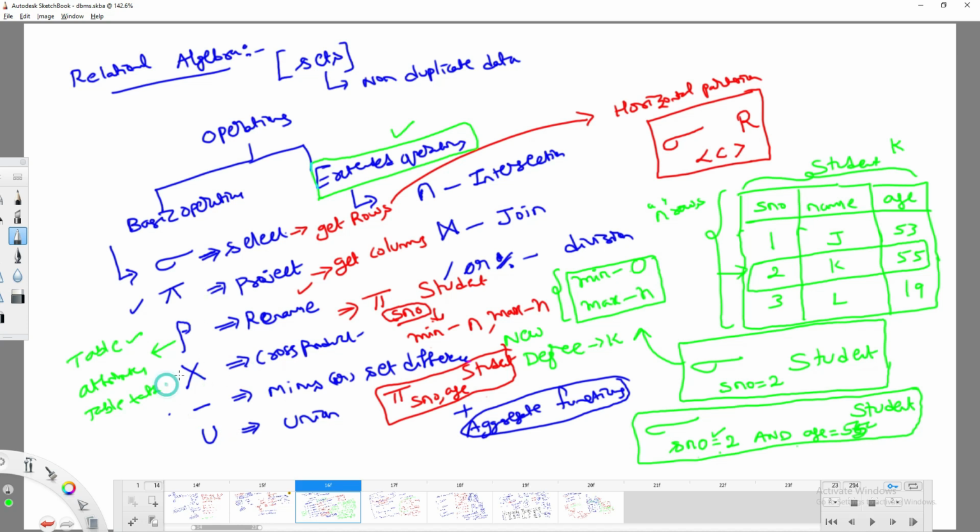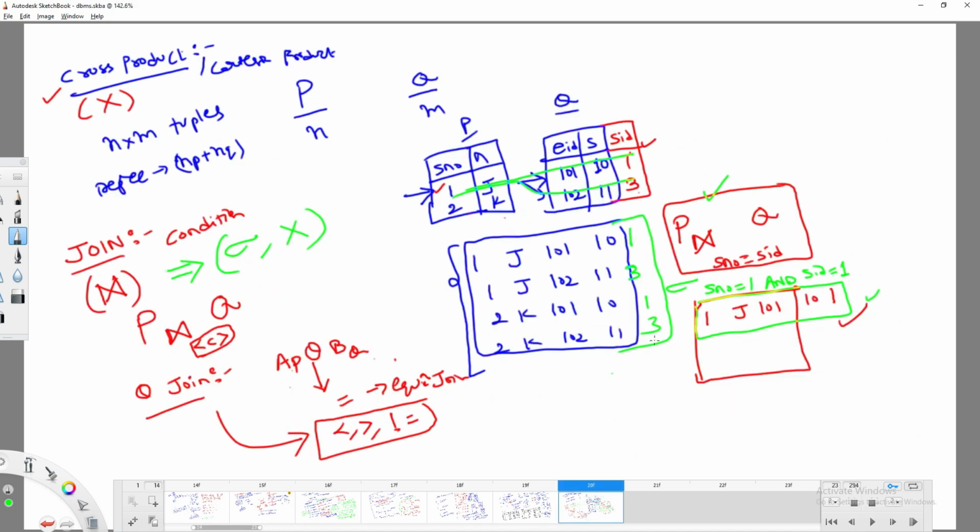Okay, now fine. So this is the meaning of theta join, right? Now in this kind of join, what is the number of tuples we are going to get? Minimum how many? Maximum how many? In theta join, the minimum number of tuples we are going to get is 0.